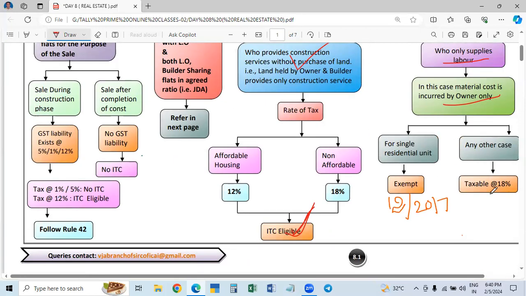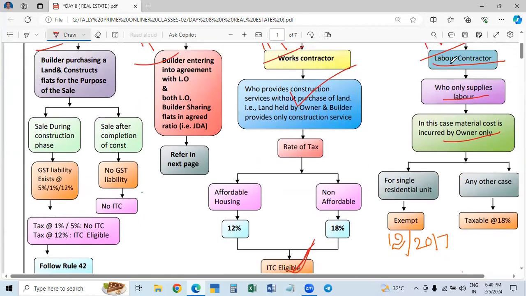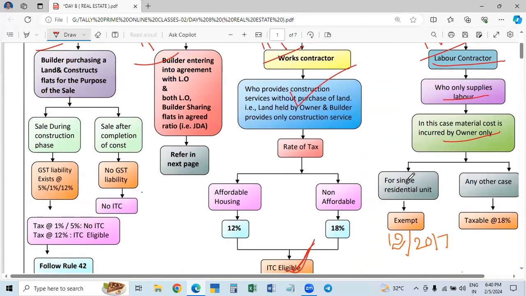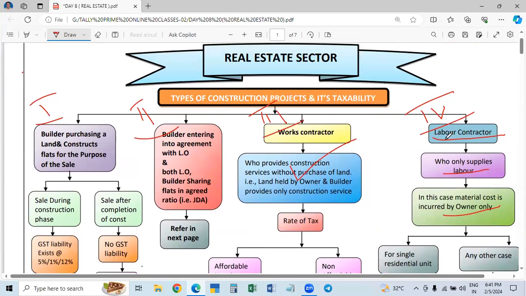So it is 18%. But if the labor contractor gives service for labor only, for a single residential unit, just like I told you, I have some land, so I will supply the total material to the labor contractor or the builder. I will purchase and give the material. You supply only the labor and complete the construction work for a single house, one duplex house, that you make. So in this case, if one single residential unit is constructed under a labor contract,